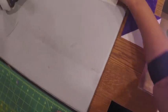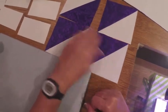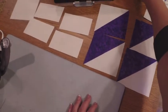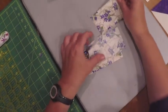So our half square triangles came out just beautiful. They're over here. Let me move my camera a little bit so you can see them. Anyway, they came out really, really nice, as you can see. However, our next set of instructions are taking our 4 pieces here of our color 2,